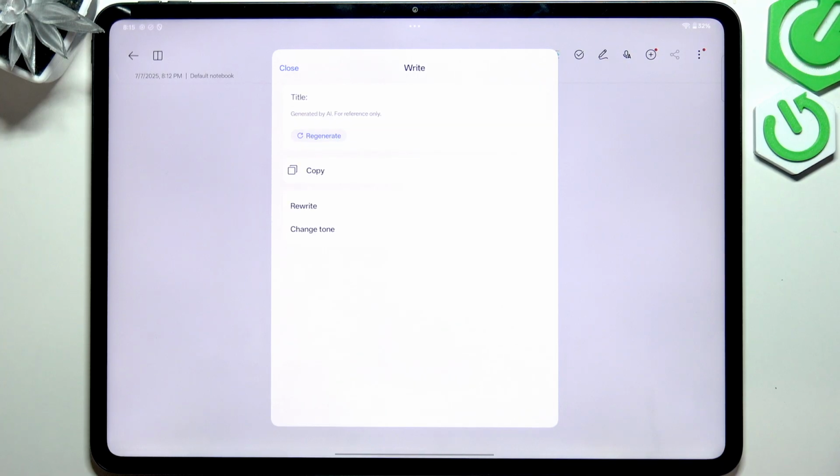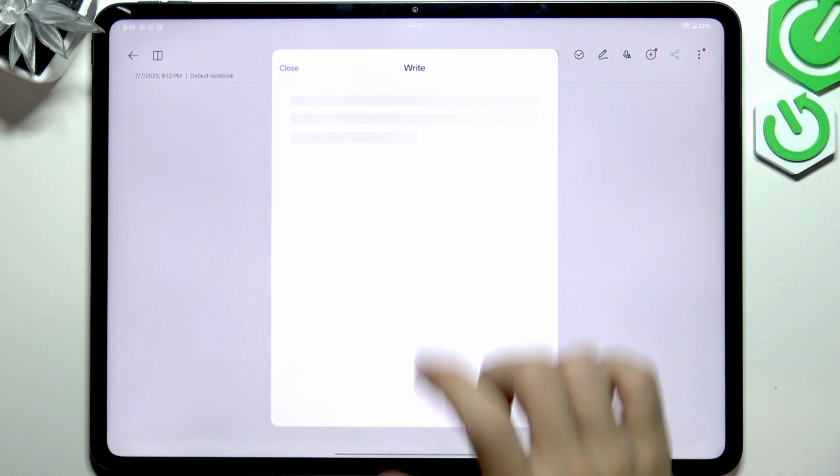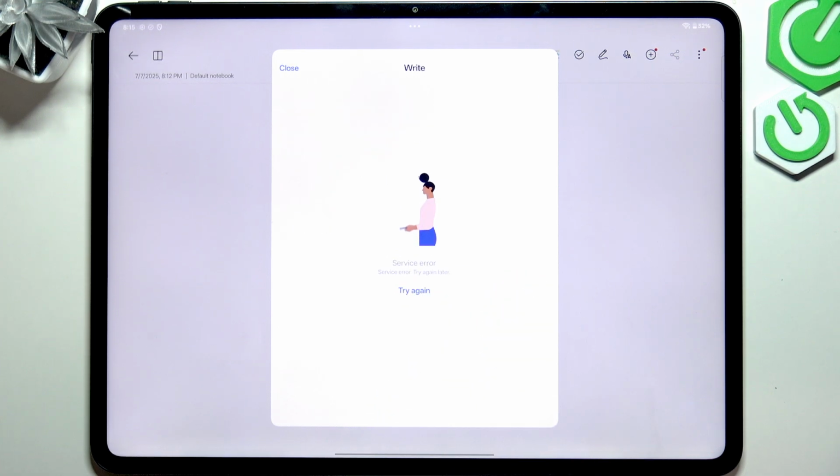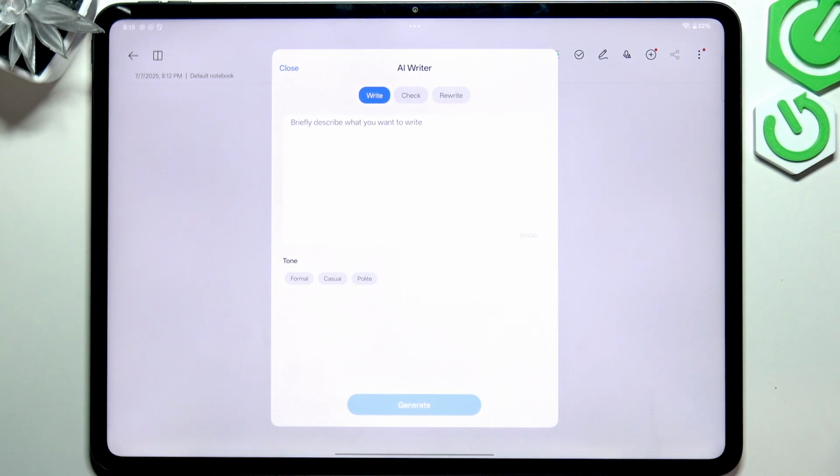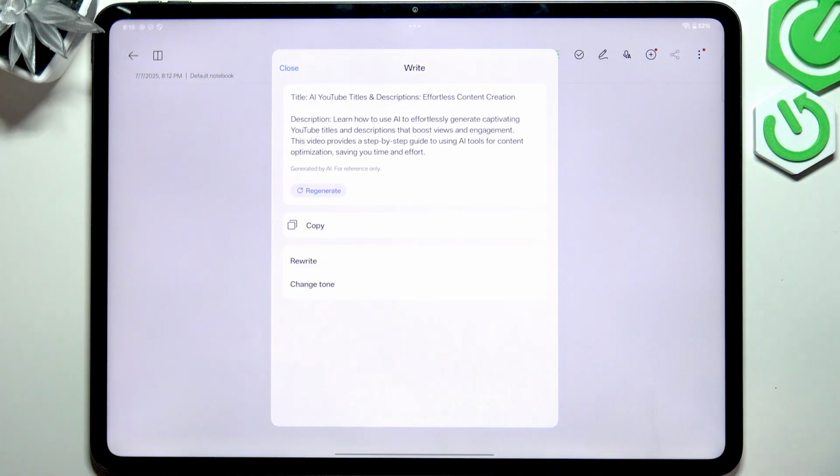Let's click on generate, and now you can see there's a service error for some reason. Let's try again. I don't really understand that error. Let's close it, and I didn't save the prompt, but I'll try doing it again. Okay, I was able to do it, but I just forgot what the phrase was, so I entered it again